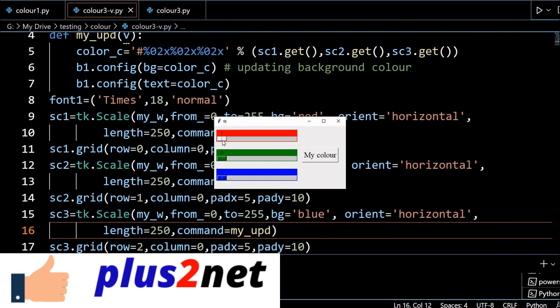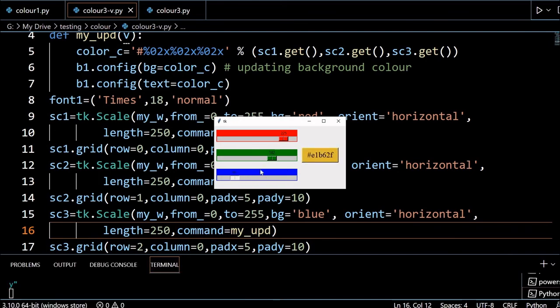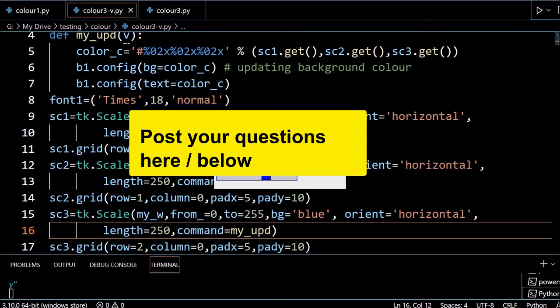Yeah, here it is. So if I'll increase this color is changing. If I'll increase this is also changing. And at the same time, because of here you just see the line number 7, text also I am changing. So that's why this text is appearing on the button. So this is how I will be able to use the RGB red, green, blue color sliders to change the color. So these are the RGB values for the color, what this background color of this button.